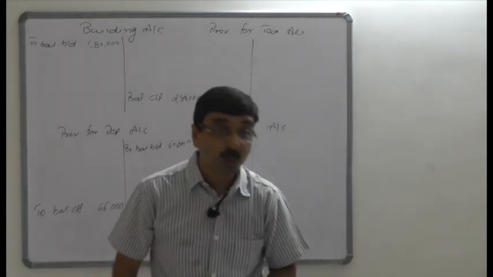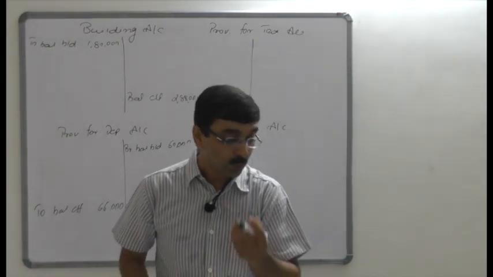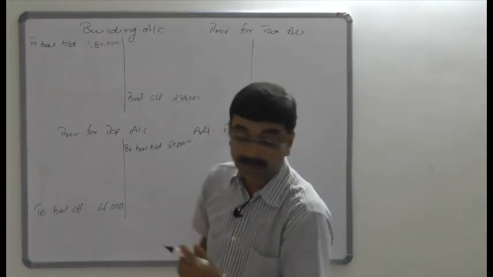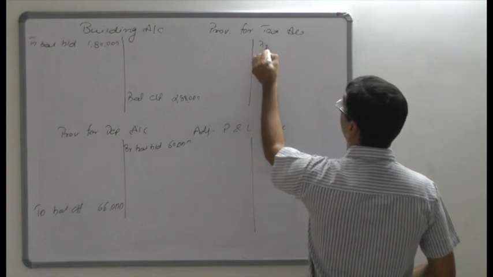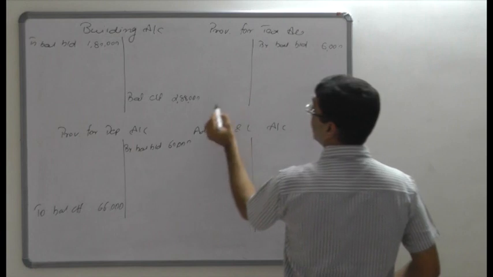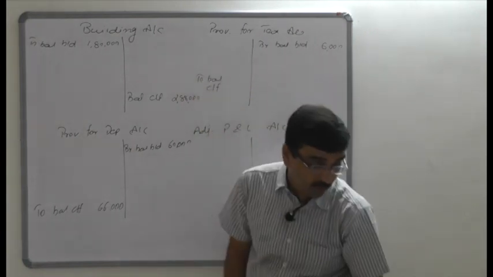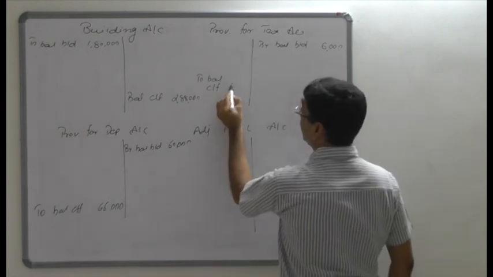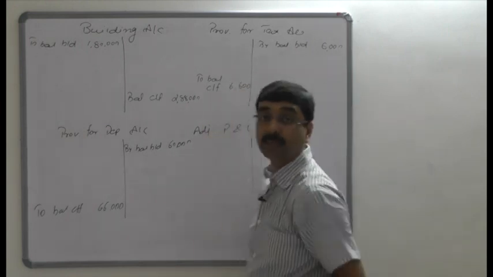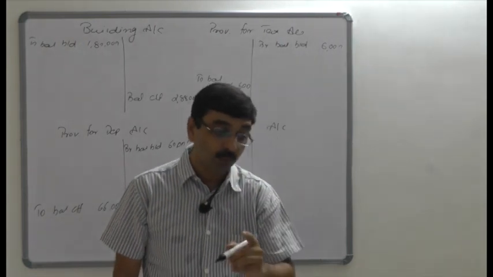Then the other is provision for taxation. Provision for taxation is also a credit balance, so the opening is on the credit side, that is 6,000. By balance brought down, 6,000 rupees is the opening balance, and to balance carry forward, that is your closing balance, 6,600. This is your opening and closing for provision for taxation. And one more account, that is adjusted